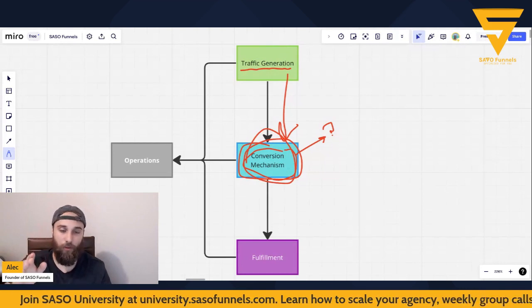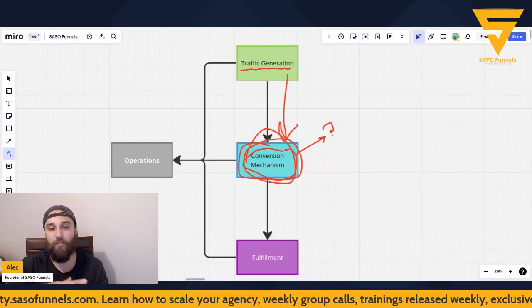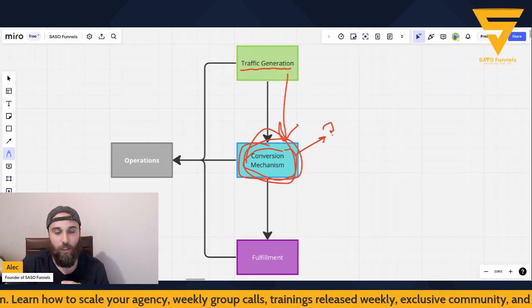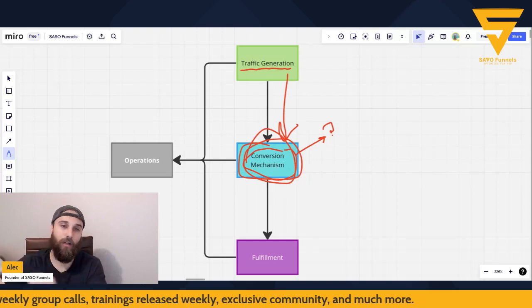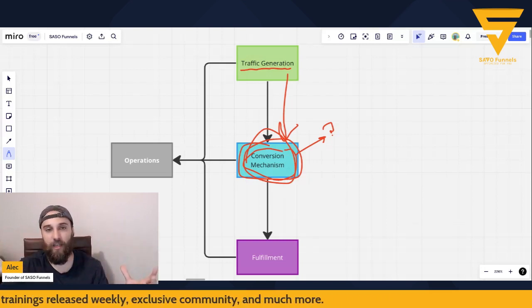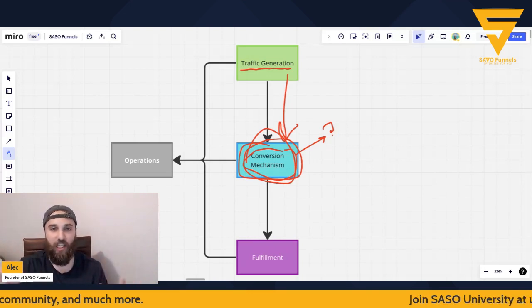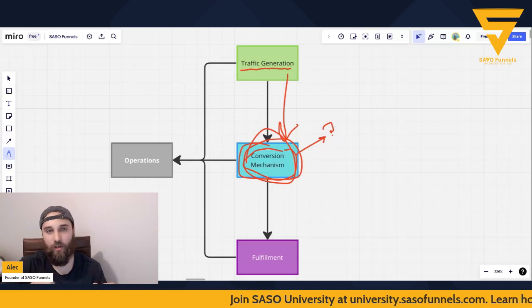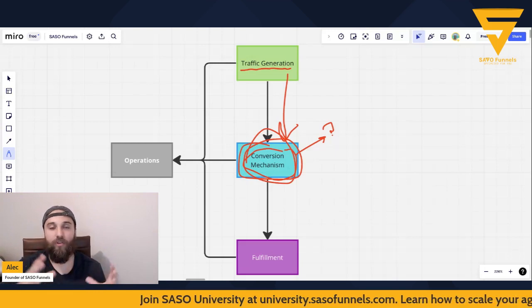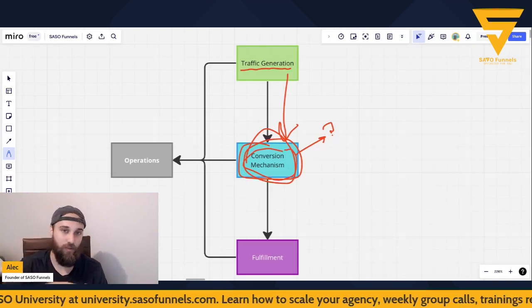And if you still don't believe me, let me ask you this. How do you gather data to optimize the conversion mechanism? You do it by pushing so much traffic that you get accurate information as to what actions are being taken. This is basic, basic statistics. If you have a coin, heads, tails, if I flip that coin 5 times, what are the odds that I'm going to get tails or heads? You might think 50%, 50-50.